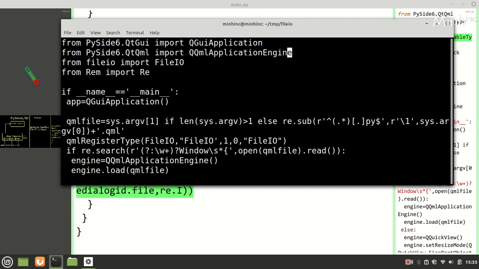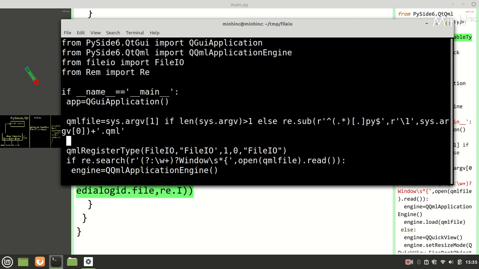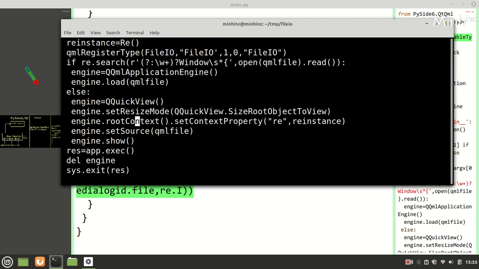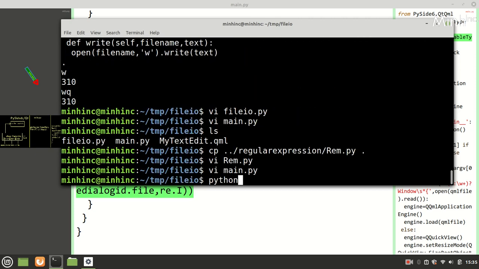Okay, so we'll instantiate re once as re instance equal to re. And then RE is available on the QML side. We'll try running it, main and then my.